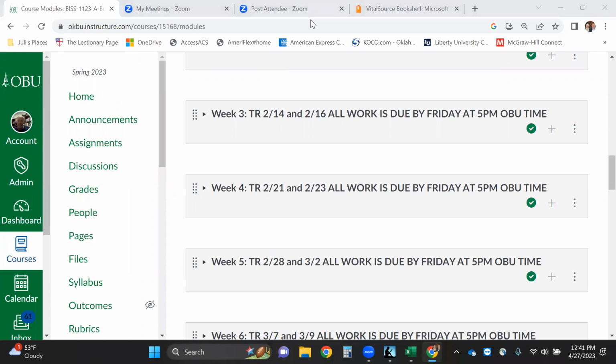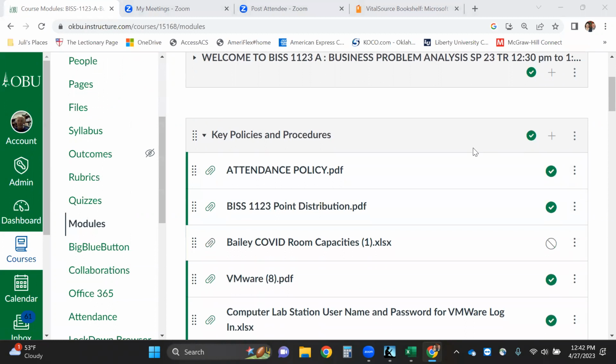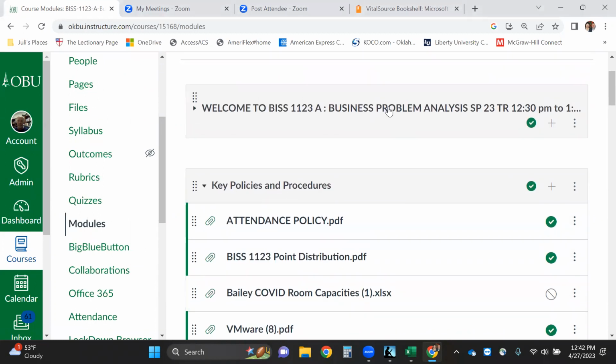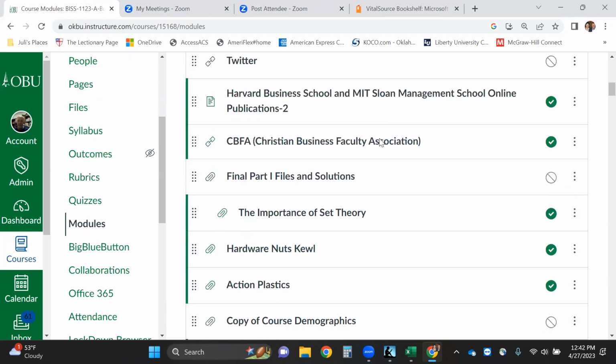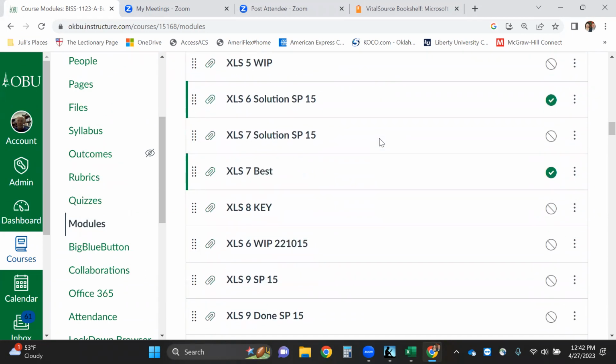So let me hide this floating meeting controls again, and we're going to go up to the welcome section of Canvas, and we're going to take a look at that case. It's going to be ACCDB 6 done. Now, like I said before,